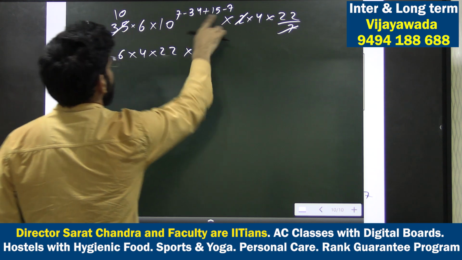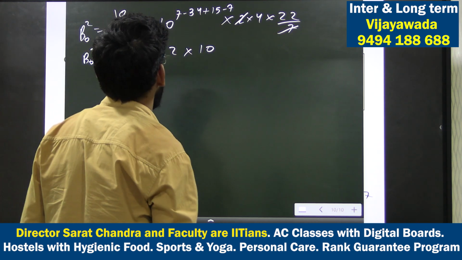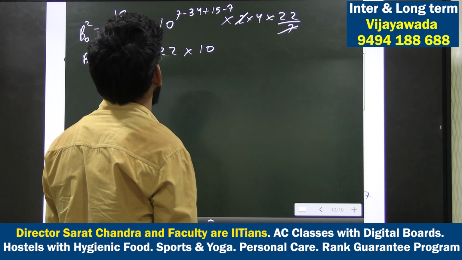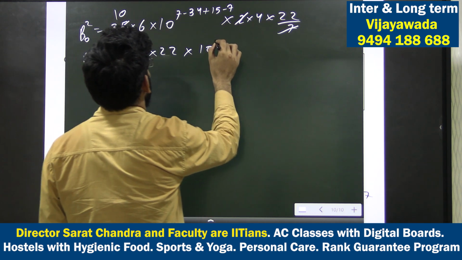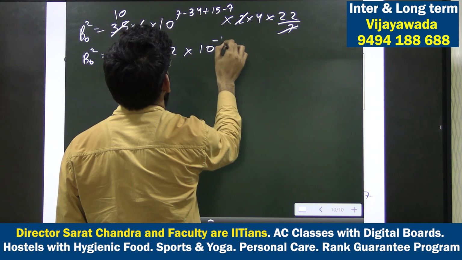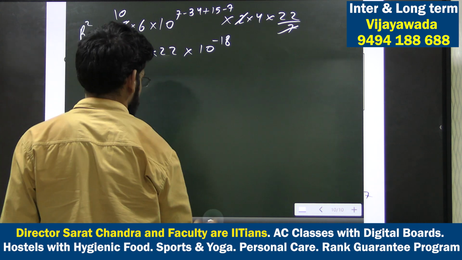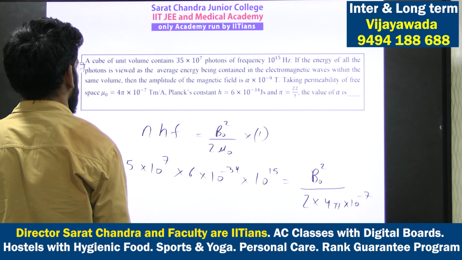Multiply by 10 to the power, this is minus 34 plus 15. That is how much? I can say 5, 4, 19. And here plus 1, so minus 18. So this you can take under root here. He is asking only the alpha value at 10 to the power